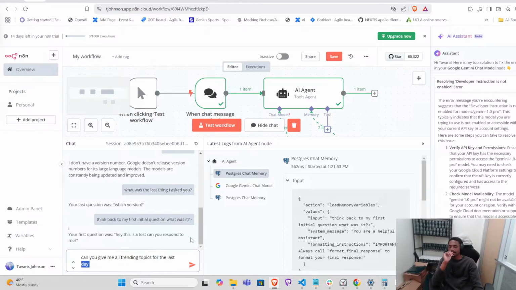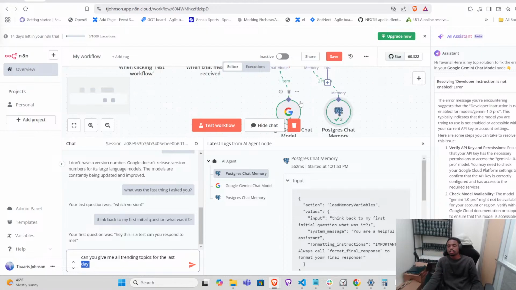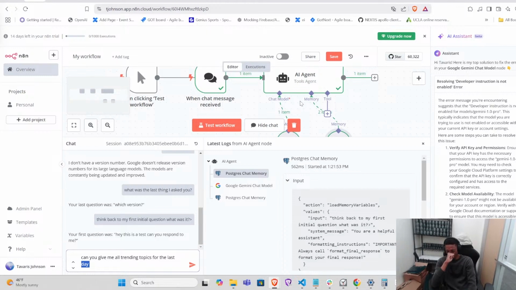Basically, we want to give this thing instructions, so it can already be synthesizing this stuff, right? Can you give me all trending topics for the last day with respect to burnout? News stories